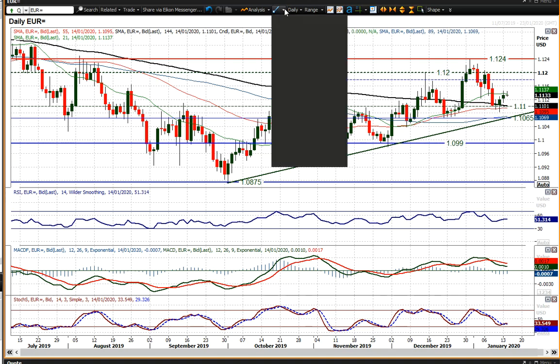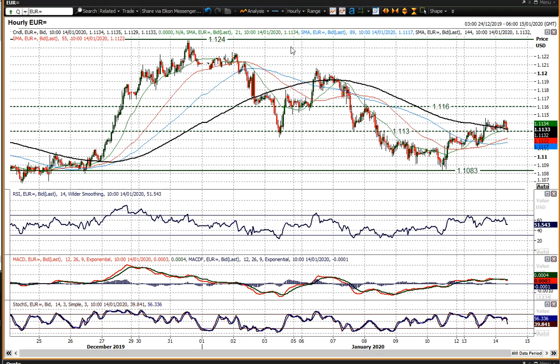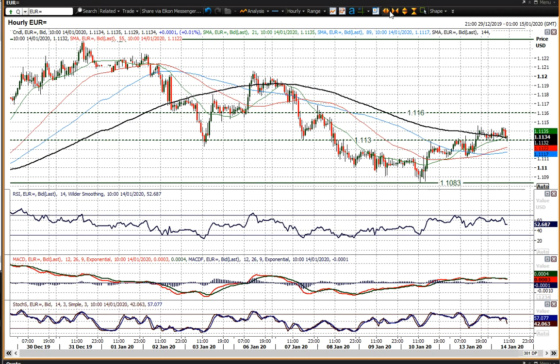Now what you'd need to see is euro dollar starting to break that sequence of lower highs in the past week and a half, really, and I think that we need to see that broken before you get really excited about euro dollar starting to move higher again. And you can see that in the last hour or so, we've just started to dip back towards that